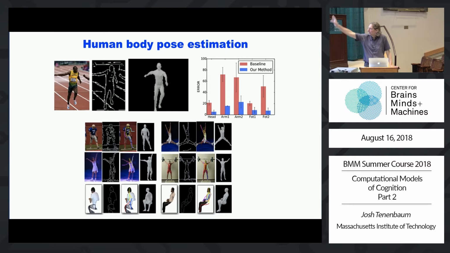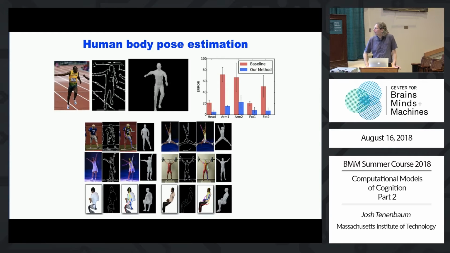In this case, it can match at an intermediate representation level, like an edge map, or it could be like convnet features, if you like. Okay, and that's useful because that way we don't have to capture all the details of skin color for the whole body and all the clothing that can vary. We just have to capture the shape.